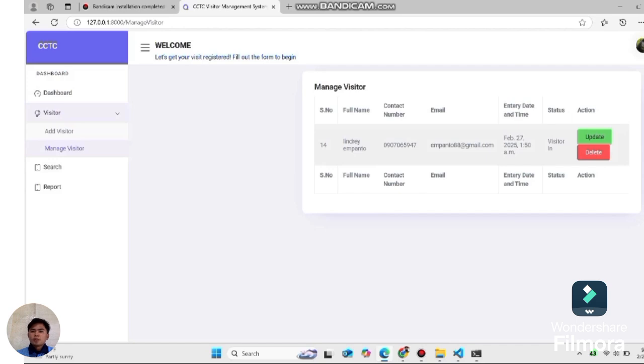Manage visitors displays a list of registered visitors. Each entry includes the visitor name and their current status.